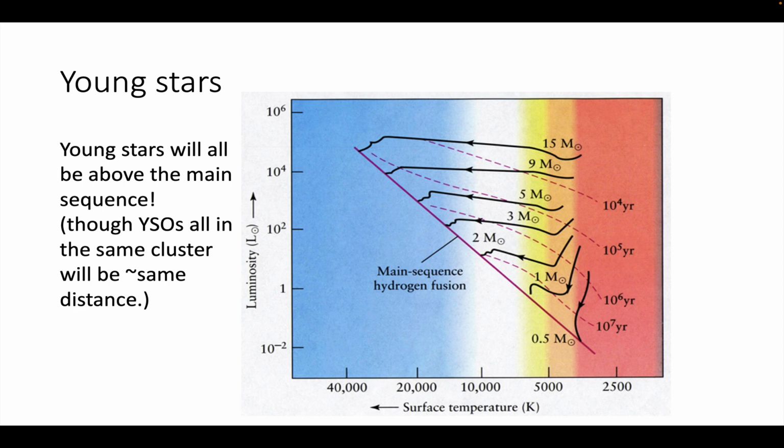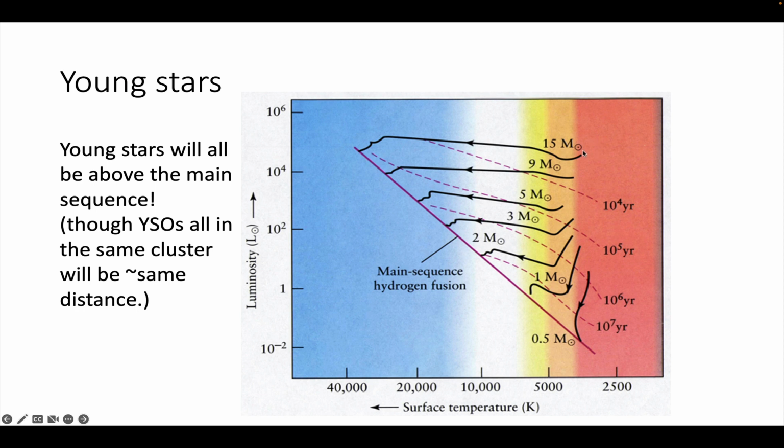Now, if you've got young stars to worry about, as most of my night-type teams do, you have an additional complication, because the young stars are all going to be above the main sequence. So here is luminosity and effective temperature. Again, it's a cartoon fashion. So we've got the main sequence here, which is just a line with no bumps or wiggles. And we've got some evolutionary tracks. So a 15 solar mass star on its way to the main sequence, because remember the main sequence is where it's burning